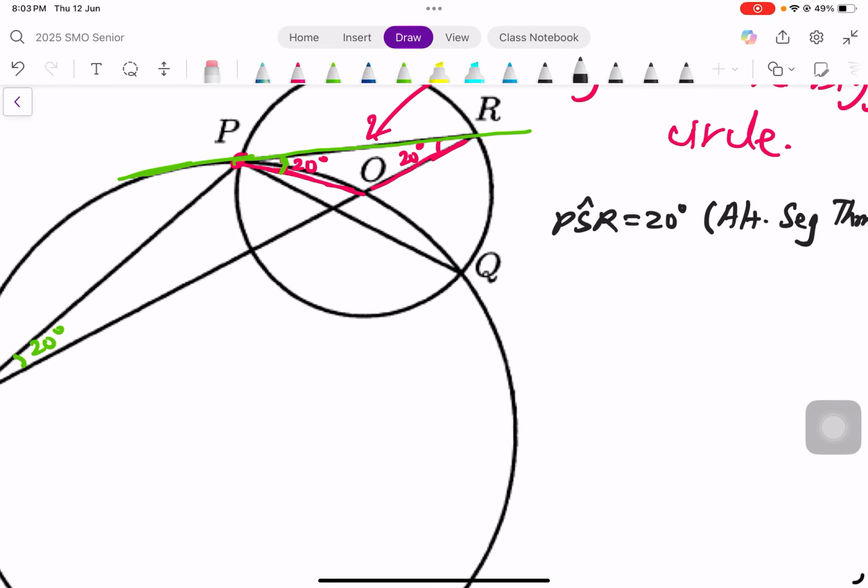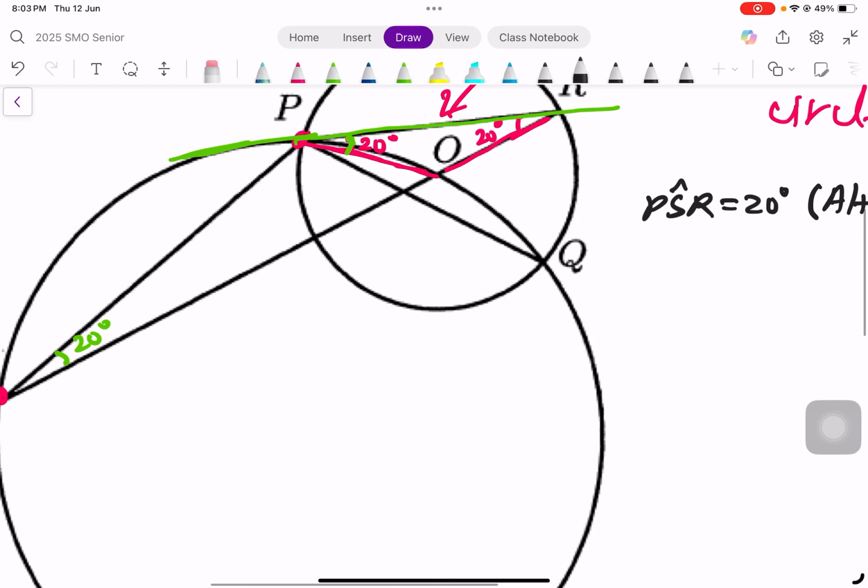once you have that, can you see that this angle 20 subtends this arc? But if I draw this, if I connect this, can you see that this angle also subtends the same arc? Therefore, this angle is also 20 degrees. Right? This angle is also 20 degrees. And